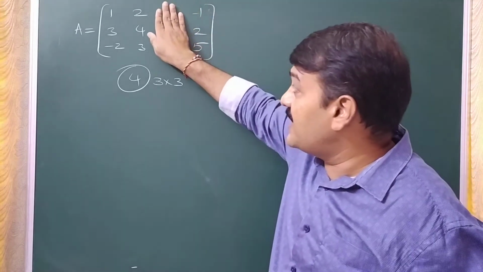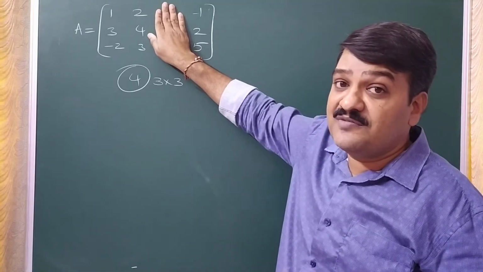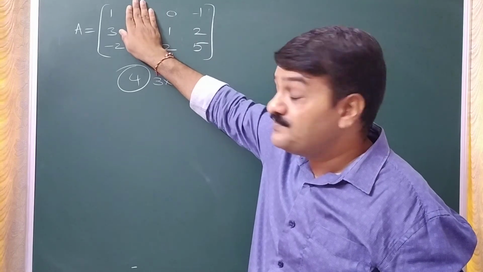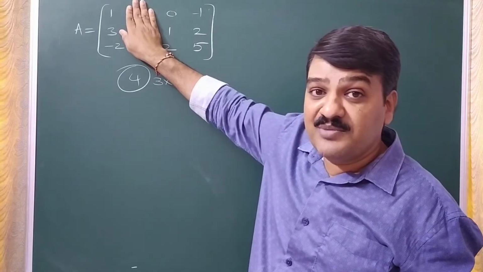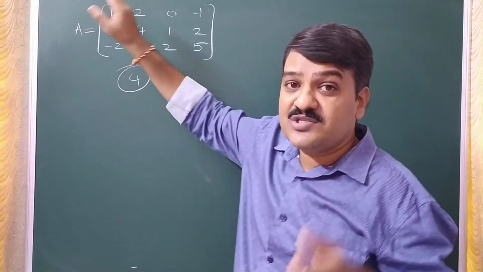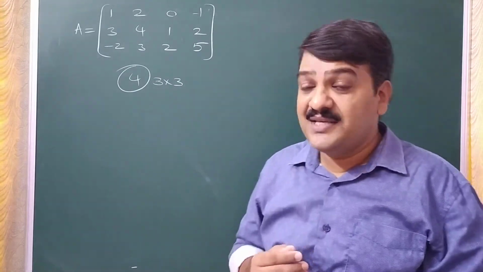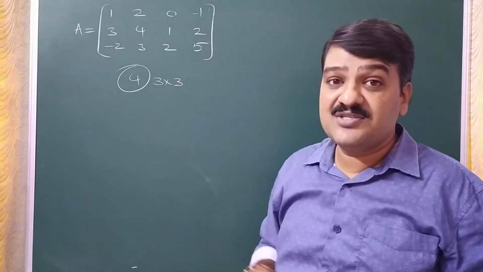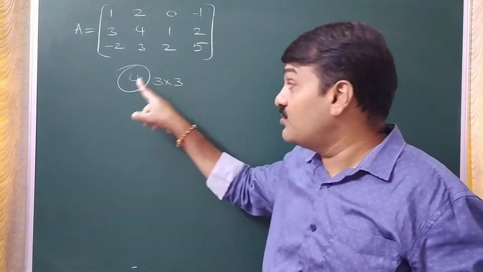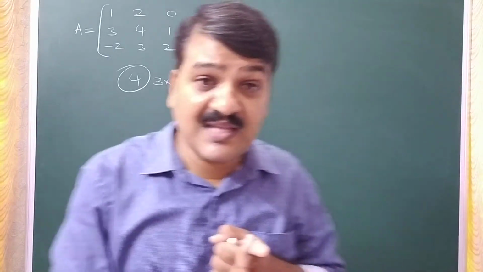Then I have to take another 3 by 3 submatrix and find its determinant again. Even if I find determinant 0 for this also, then I have to go for another and check the determinant. For this also, if the determinant is 0, then I have to remove this column and check again. So if that is not 0, it is easy. You can write the rank as 3. But if you are getting determinant 0 continuously, then you have to check all the 4 3 by 3 submatrices. Then only you can confirm whether the rank is 3 or not.